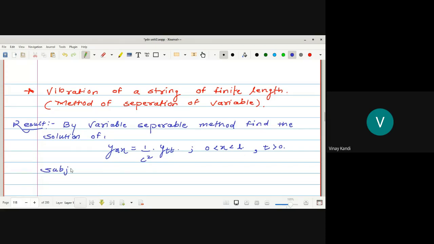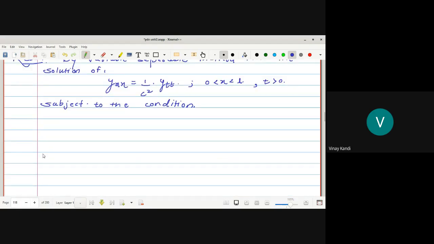Subject to the condition: y of x,0, that is the initial deflection of the string, is given by small f of x, where x is running between 0 to L, and y t of x,0, the initial velocity of the string, is g of x, where x is running between again 0 to L, and y of 0,t, that is the